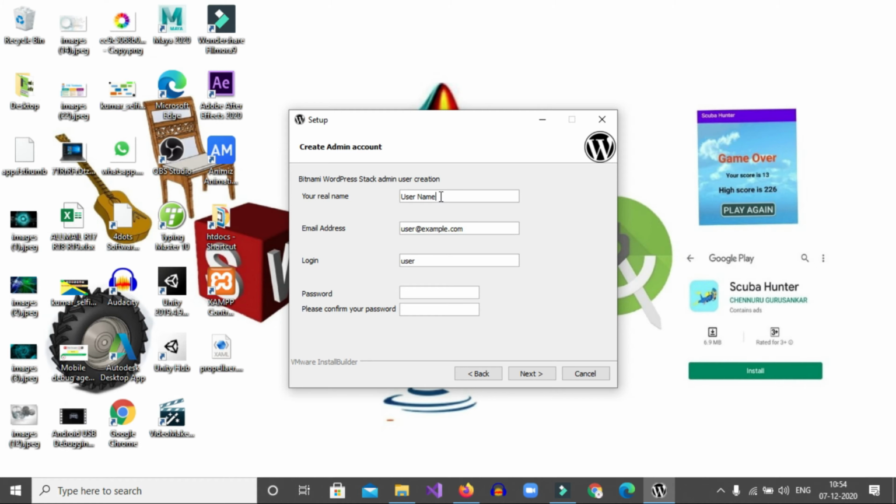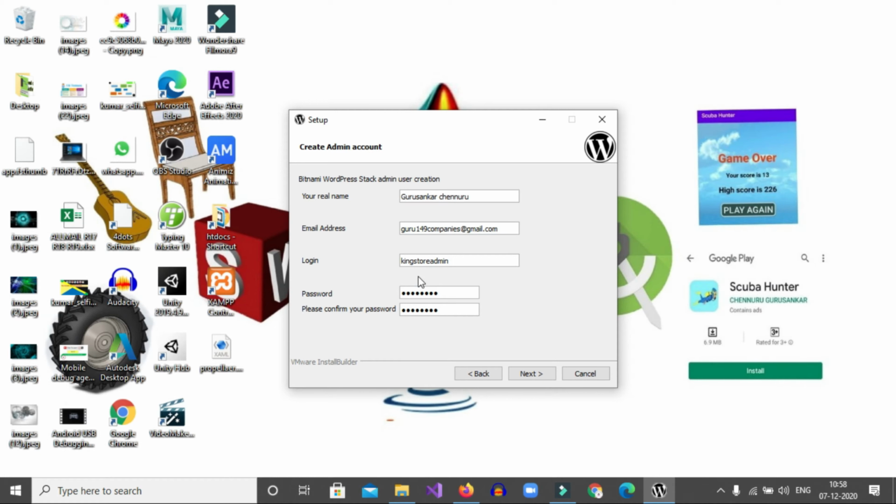Email address, login, password and confirm password are important. With the help of the email or login, we can log in to our WordPress dashboard. These are necessary to log in to the WordPress dashboard. So remember this email or username and password. So I am giving my name and email address.